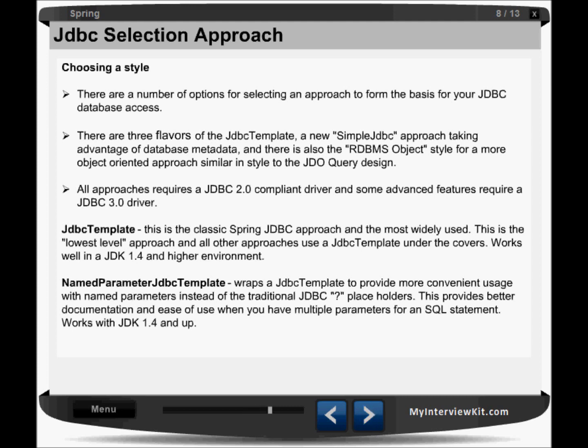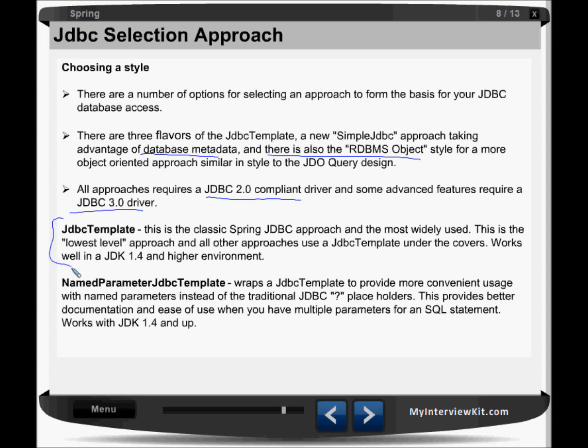We have a simple JDBC approach, taking advantage of database metadata, and there's also RDBMS objects, a style for a more object-oriented approach similar in style to JDO query design. All approaches require a JDBC 2.0 compliant driver, or some additional features require JDBC 3.0 drivers.